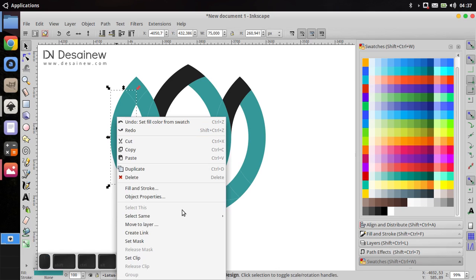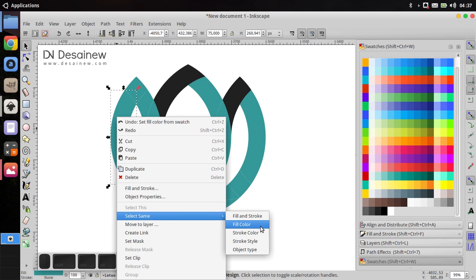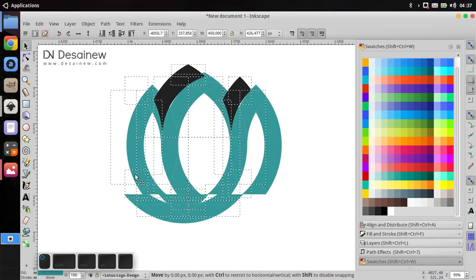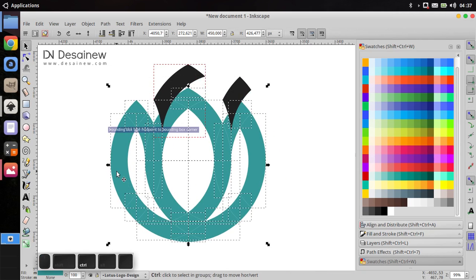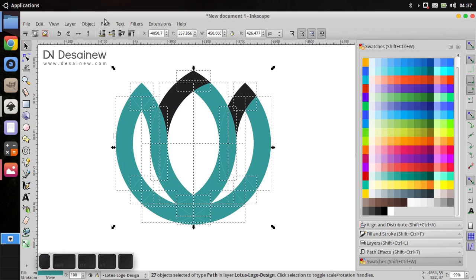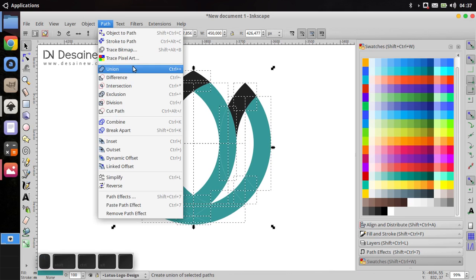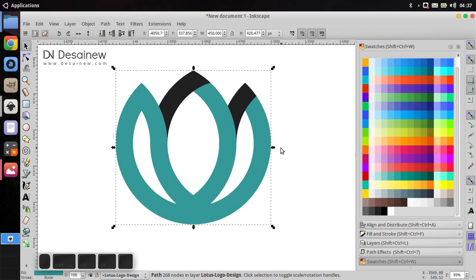Right click and choose select same and choose fill color like this, and unite with the path menu and choose union like this.